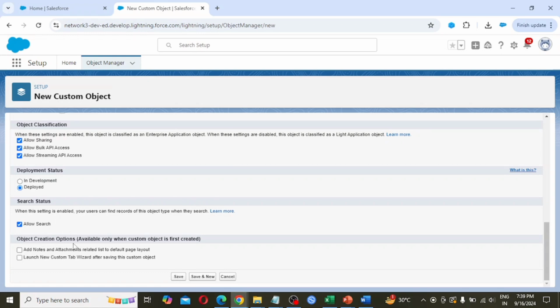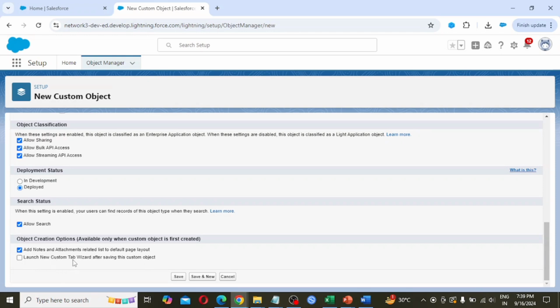Object creation options, available only when a custom object is first created. Add notes and attachments related list to the default page layout. So notes and attachments are going to be given by default in the page layout.